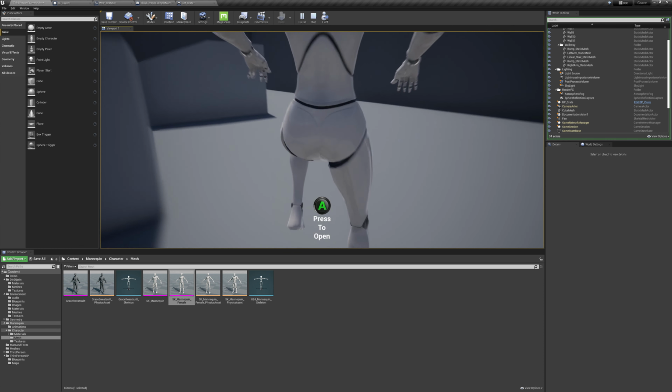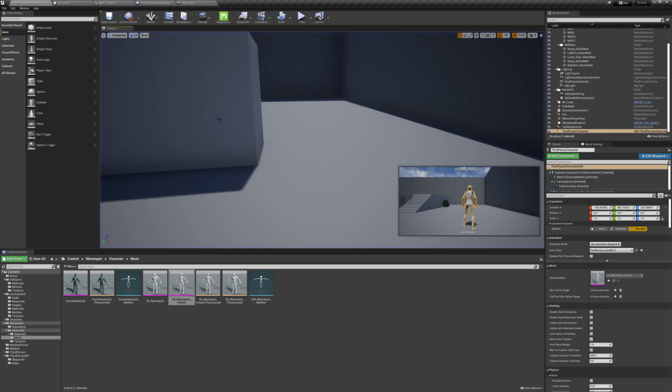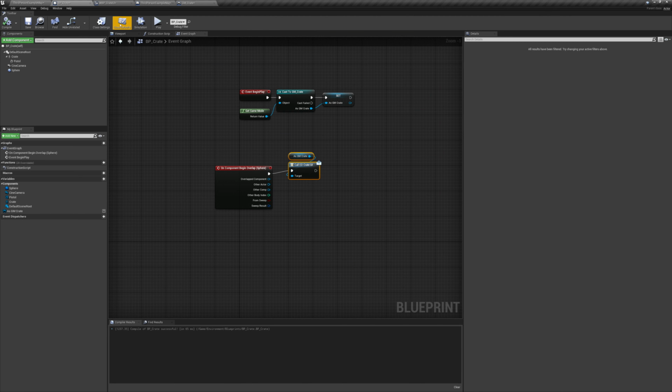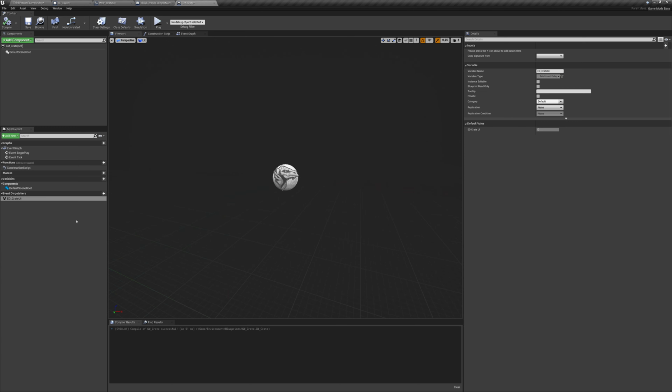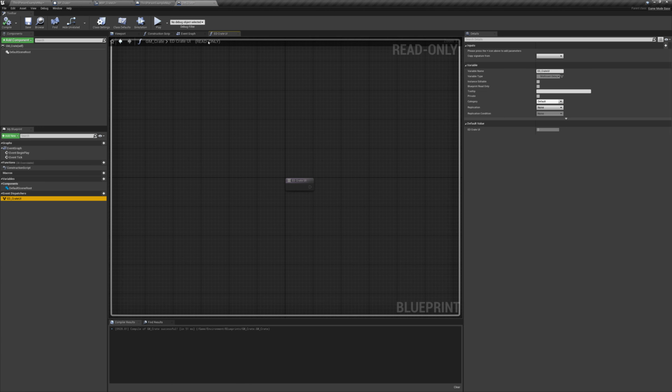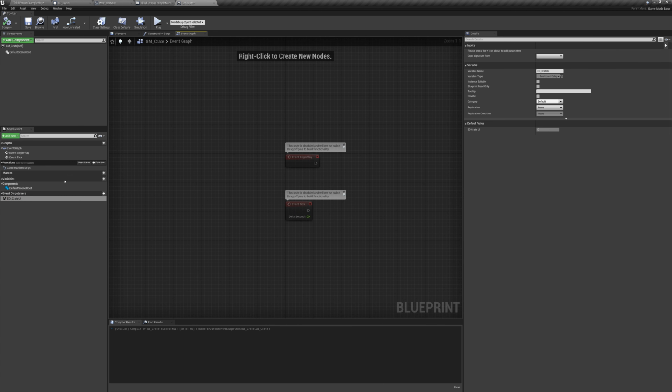then as I leave, it's still there. Not helpful. I want it to disappear when I'm not within range of the crate anymore. To do this, I'm essentially going to set things up in the same way. So I'm going to grab this crate UI node that I've got here, and we're just going to rename it crate UI. Actually, we'll call it crate UI appear, and then what we're going to do is create another